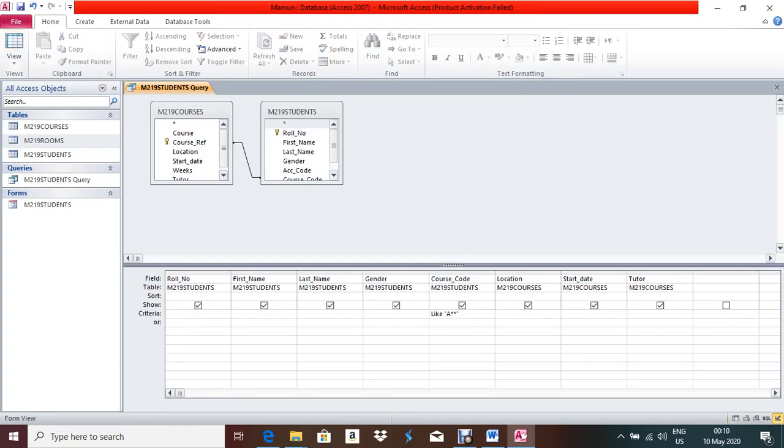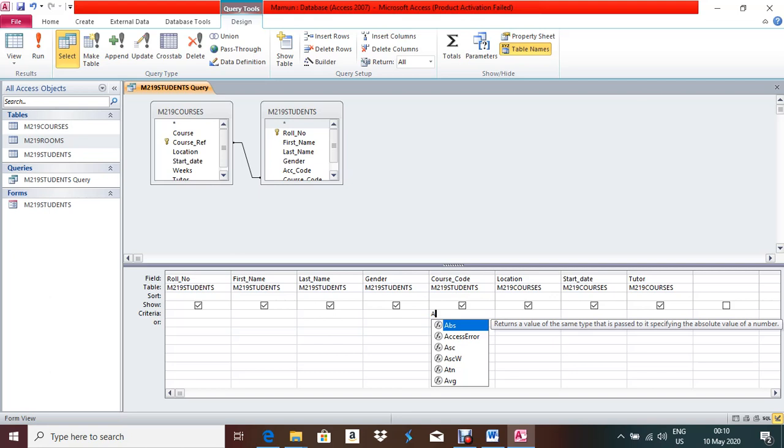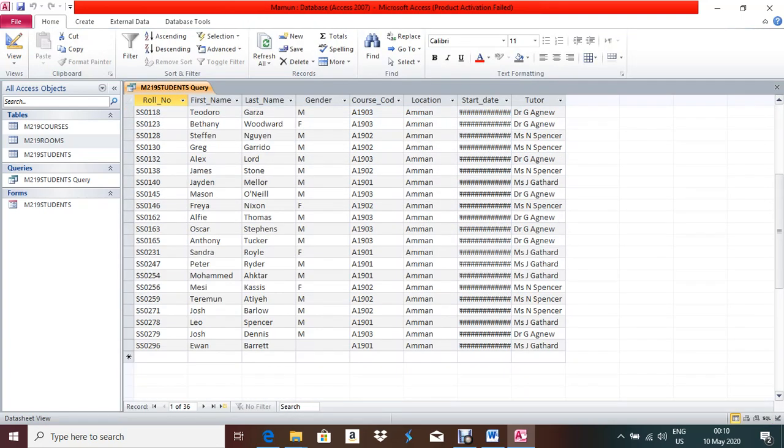That means two ways you can write. Either A double star, if they ask you start with A, that time you have to write A double star, or double star A double star. Please listen carefully. If some question comes like that, start with A, B, C, some particular alphabet, that time you have to write A double star or double star A double star. So we can choose any one. If I check, all start with A, 36 records.